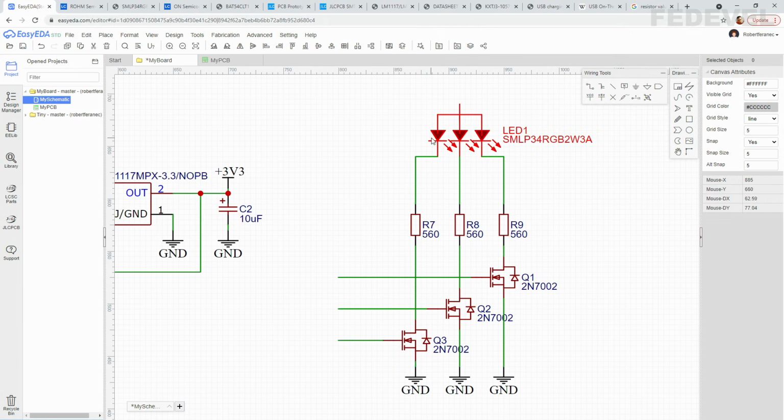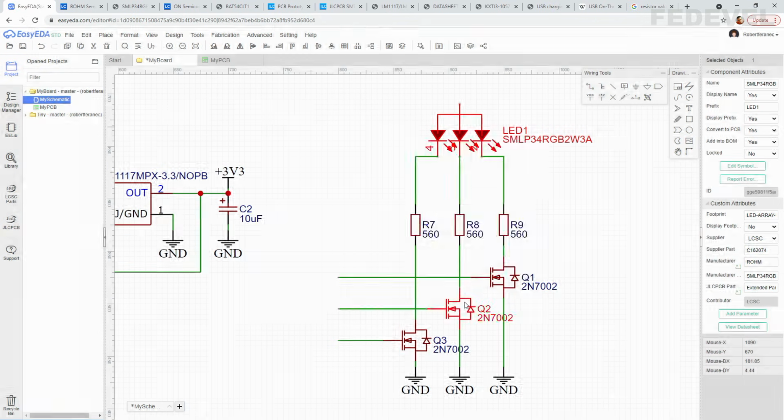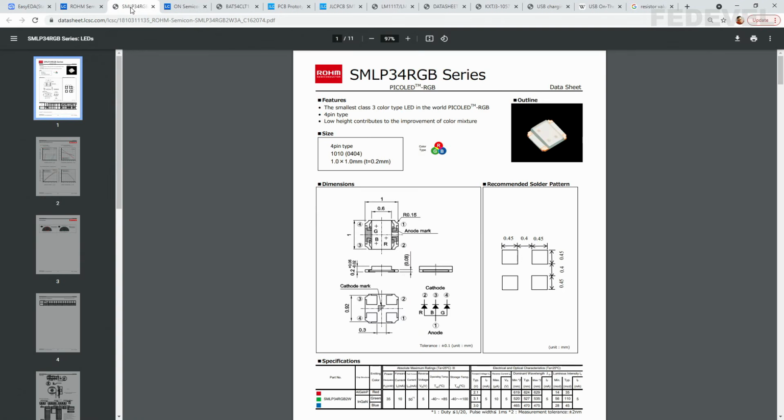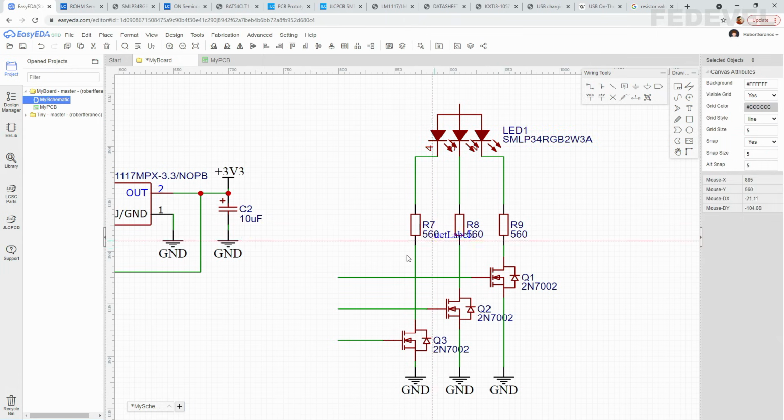To name them, we would like to see which of these LEDs is red, which is blue, and which is green. So select it, edit symbol, and show these numbers. So yes, yes, yes, okay. These are pin numbers 2, 3, 4. When we go into the datasheet of the LED, we can see pin number 2 is red. So this is the red LED, and we would like to name this maybe like